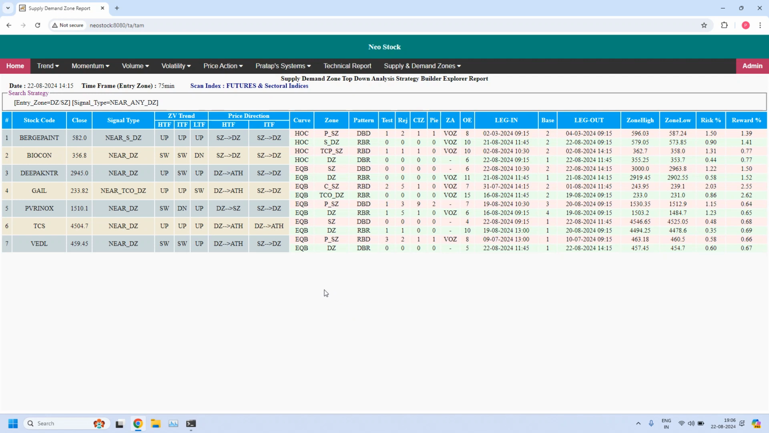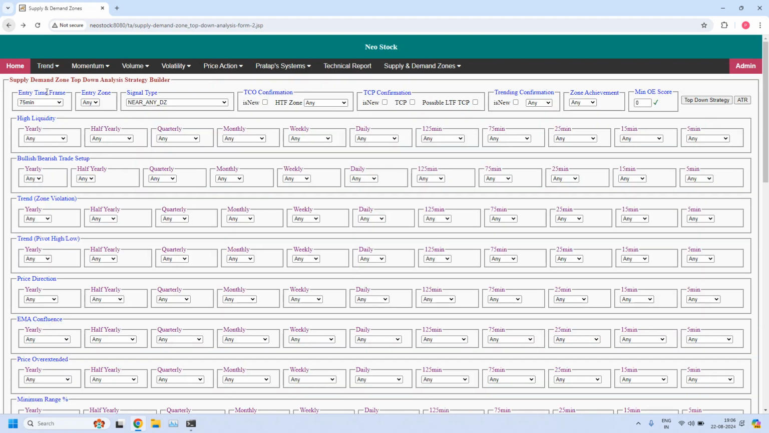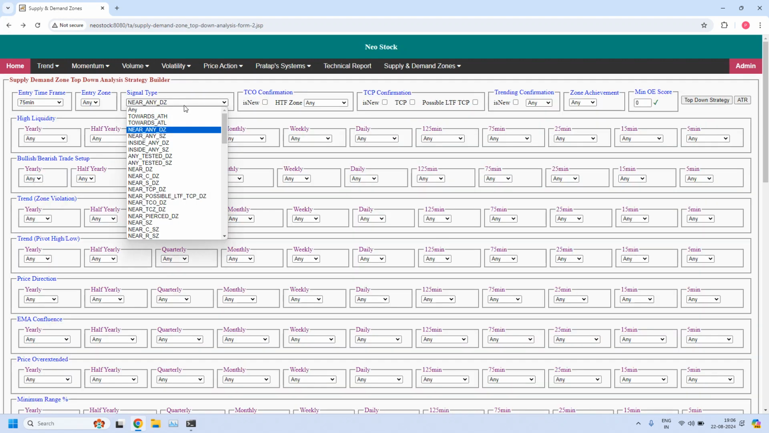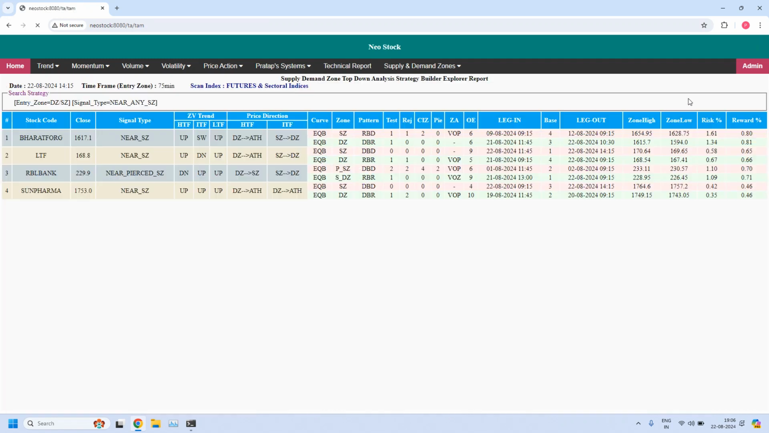Okay, the next time frame, the next report, is for the 75 minutes time frame. Let us find the stocks near the 75 minutes supply zone. 4 stocks are filtered. And we don't have any high liquidity supply zones from this list. So in total we identified 3 high liquidity zones: 1 low priority high liquidity and 3 high priority high liquidity zones. Okay, fine. Now let's look into the